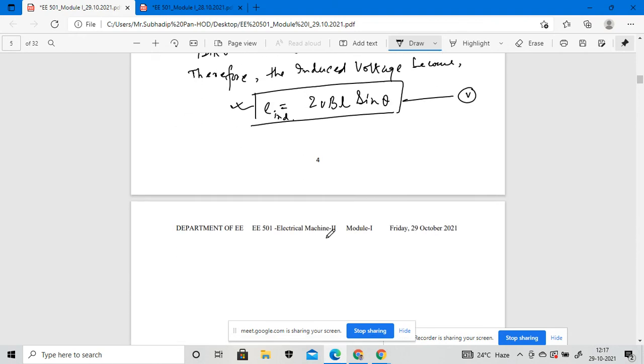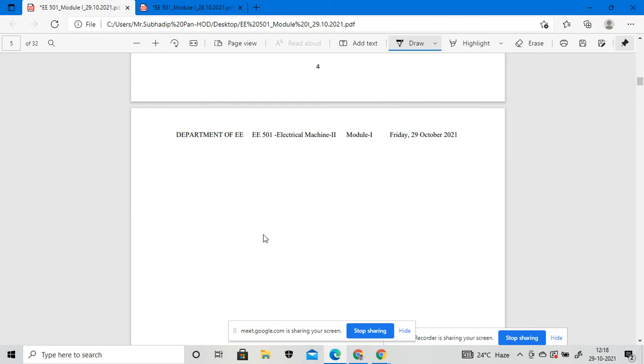In other words, if I am designing for real types of AC machines, we have to determine the alternative expression for this particular equation. So if I choose one loop rotating at a constant angular velocity omega, then the angle theta of the loop will increase linearly with respect to time. In other words, we can say theta is equal to omega t.